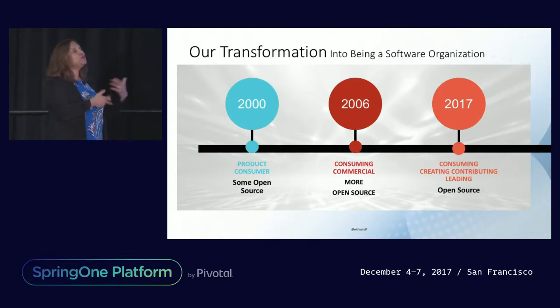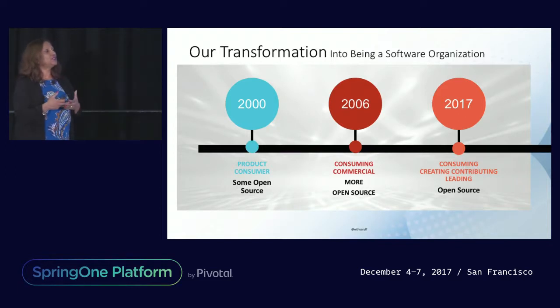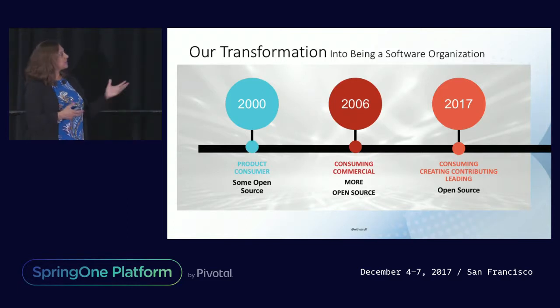And the speed of innovation was accelerating so much that by 2006, we decided that we needed to take destiny into our own hands and start using and contributing to open source software ourselves. No one understood our industry as well as we did. No one could really understand the specific needs we had and get to market faster. So we started consuming more open source around the 2006 timeframe. The real fast acceleration happened between 2006 and